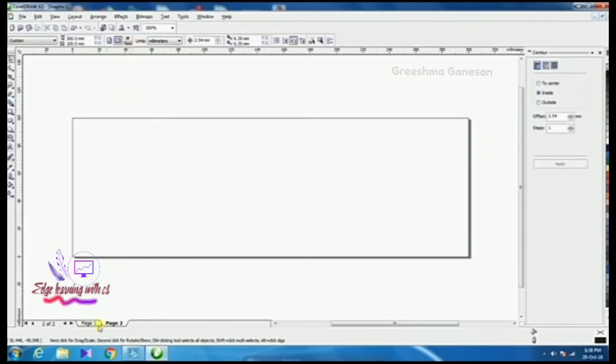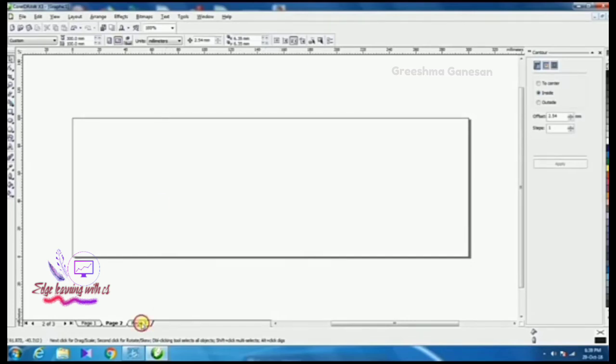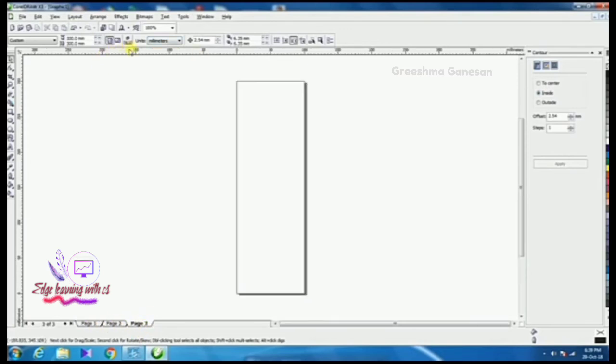If you need to navigate through pages, you can click the next page, and also you can add a new page. If you click the set default option on the top, then the similar page size will be copied to the new pages also. It is a very simple and easy method to create the same designed page again and again. You can also change it manually. You can change the width and the height of the page, and also you can change the orientation accordingly.